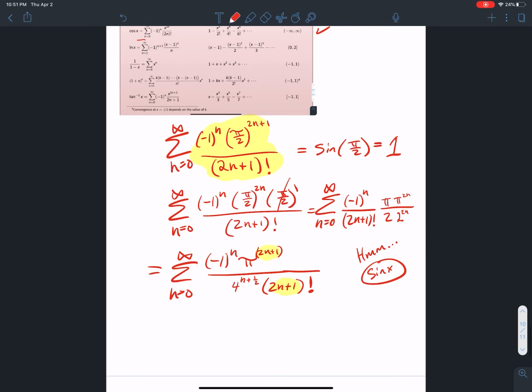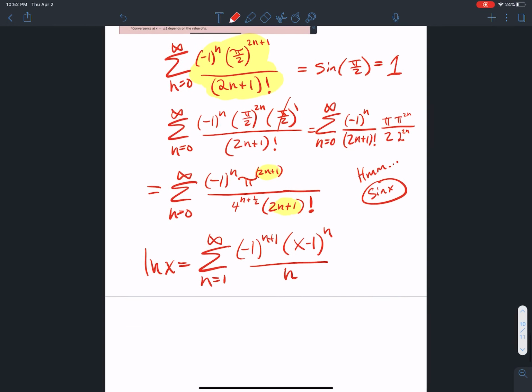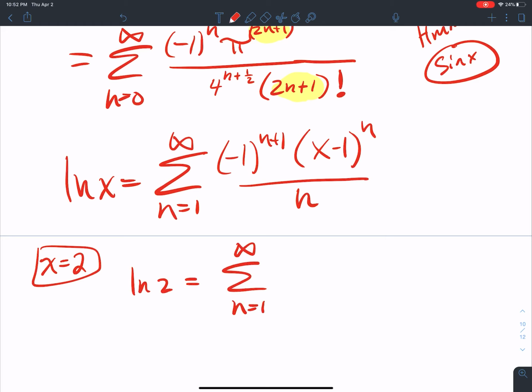Let me run through with this one, because this one's kind of interesting to me. So ln x equals the series from 1 to infinity of -1 to the n plus 1, x minus 1 to the n over n, right? So this one's an interesting one. Let me do it with x equal to 2. This would be interesting. So the natural log of 2 is what? N equal 1 to infinity, -1 to the n plus 1. If I plug a 2 in here, that's 2 minus 1, which is 1 to the n, over